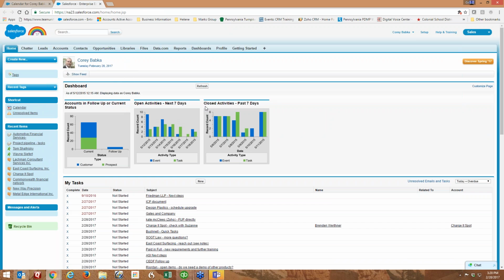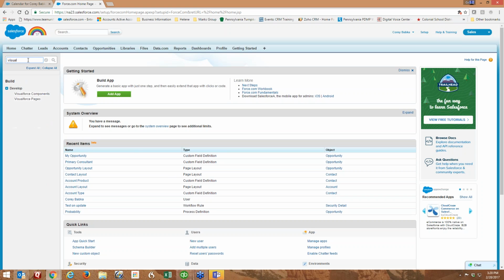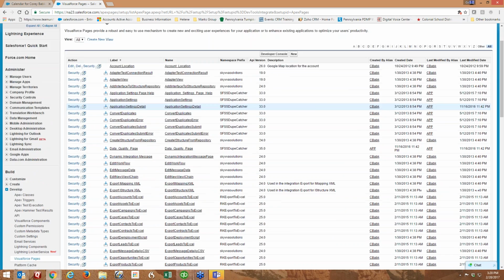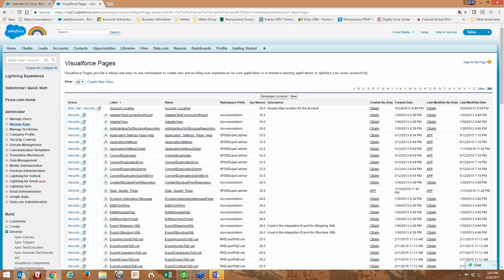I do it here where I say, here's my calendar tab and I want to have this showing up there, right? So if I go to this, okay, and I look at it, what I'm going to do is I have to, and it gets a little bit funky because we're talking about Apex pages or Visualforce pages, right? I'm going to go to my setup area. I'm going to go to Visualforce, and I'm going to see a whole bunch of them in here, okay? Well, what I want to do instead, I'm going to click New,